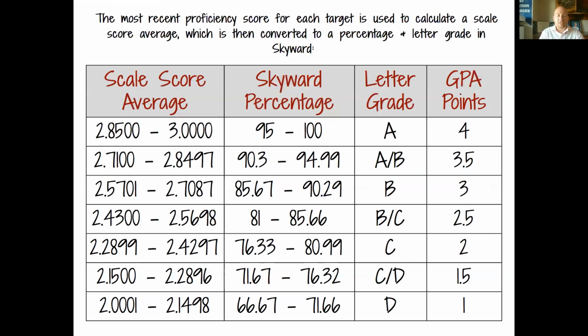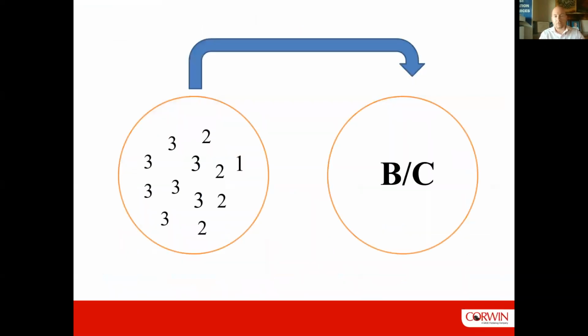Those are proficiency. So if you have 10 targets and you have 3s on 10 of those and 2s on 2 of those, that would put you in an A-B range because it would be a scale score average of 2.8. If you're 3s on 9 of them, you would be in the A range. So again, if you have questions, don't hesitate to reach out. But ultimately, it's kind of 2 buckets. You have a bunch of proficiency values. You take all of those and you put them into a grade.